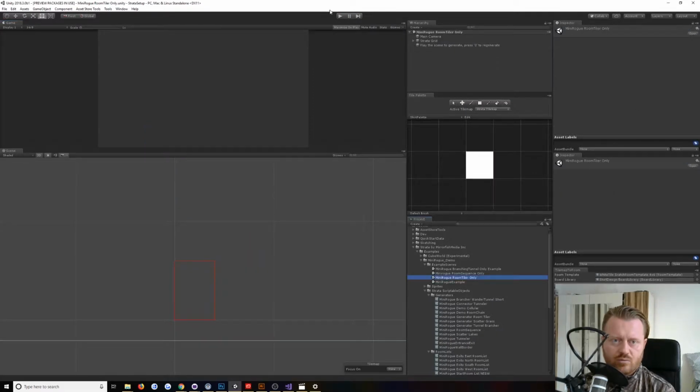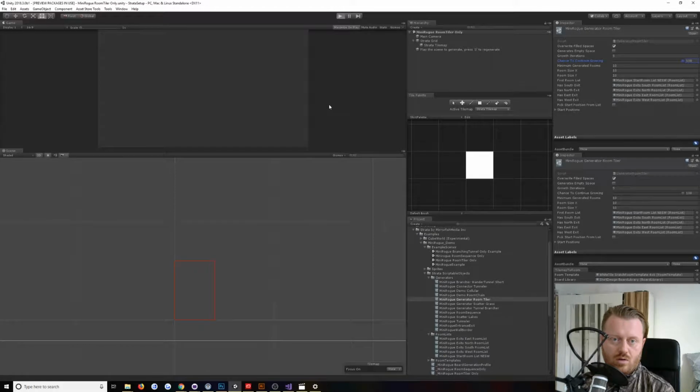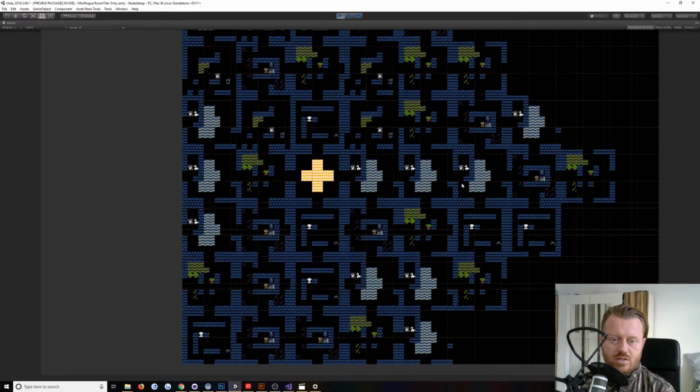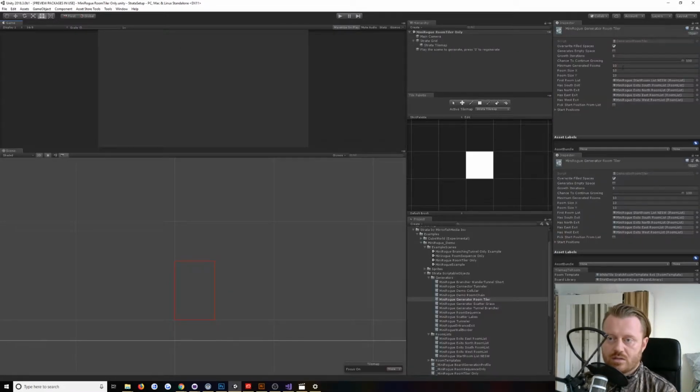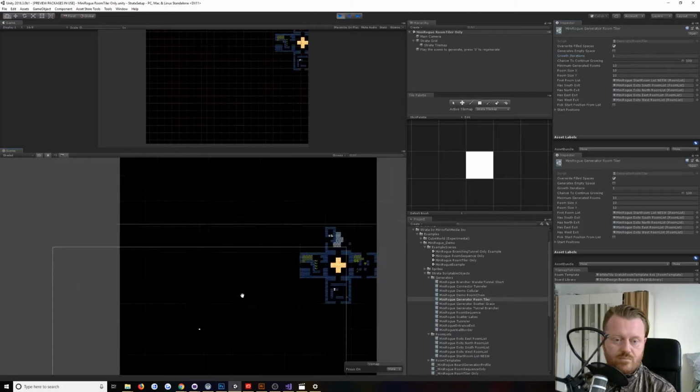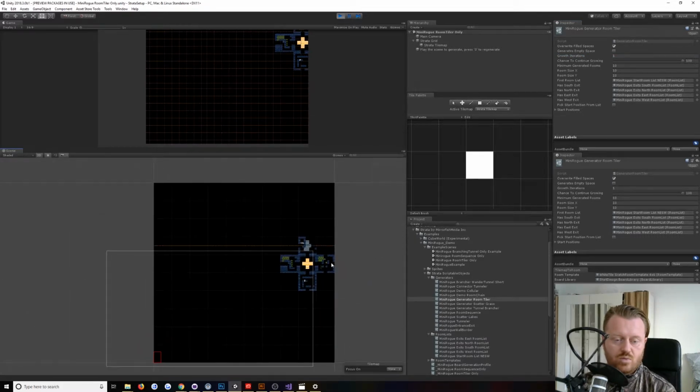And then we also have room tiler. We should be able to see. Okay, yeah. So, whoa, look at that. Let's actually turn down the growth iterations a little bit. Let me set it to just 1 so we can see what it's doing. What we can see here is 1 just means it takes the start room and it grows a room off each available exit. If we set it to 2,